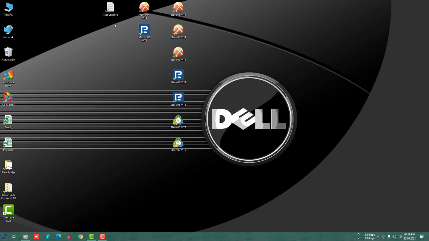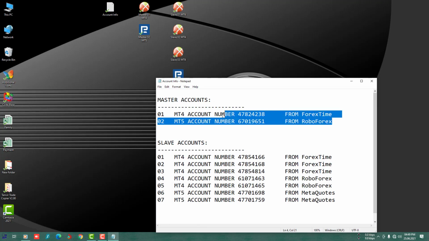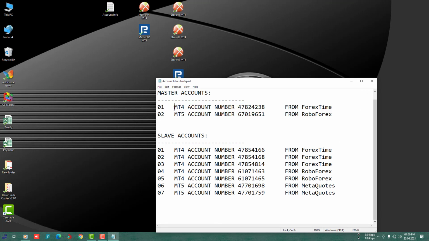Let's begin. Here we shall use two master accounts, where this MT4 is from Forex Time Broker and this MT5 account is from RoboForex Broker.